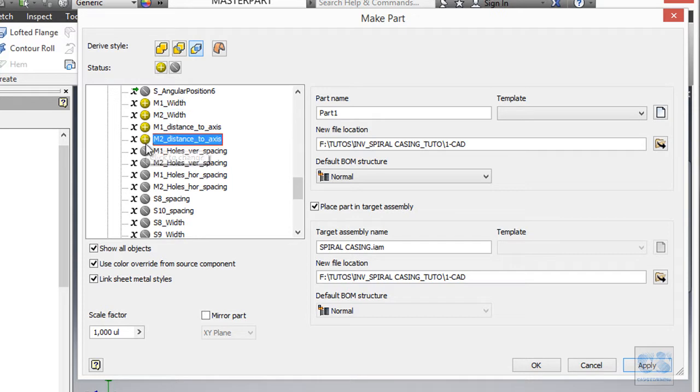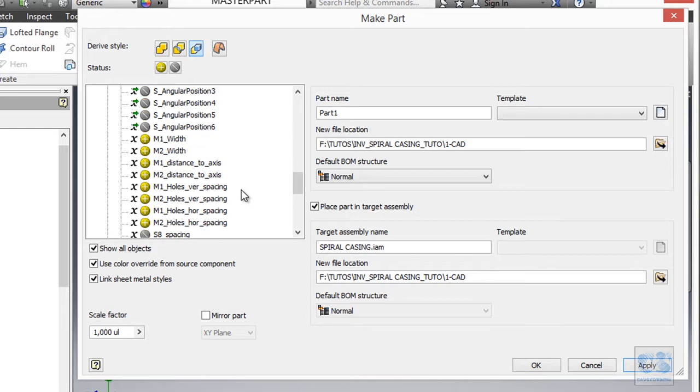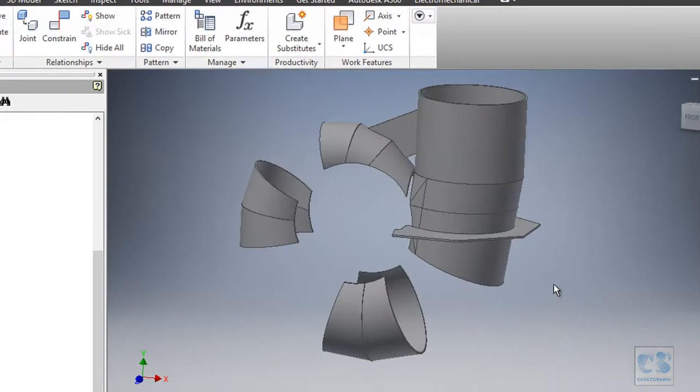So for the first one and the second one, so this, and looks okay. So we will select this, and the name will be mounting plate 1. We'll use a standard millimeter template, and okay.